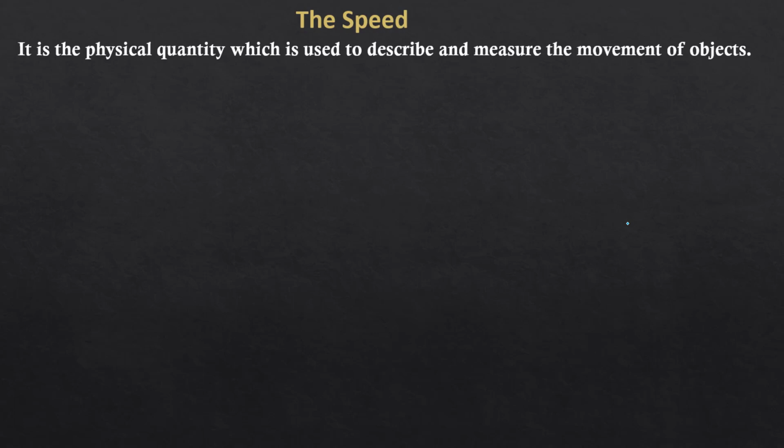The speed. The concept of speed, we use it to describe or measure the movement of objects. Like what? In the previous example, Muhammad Salah wanted to kick this ball. So Muhammad Salah has to move from A to B. If we want to measure his speed, we have to know two things. The first one, the distance that Muhammad Salah covered, and the time taken to cover this distance. So